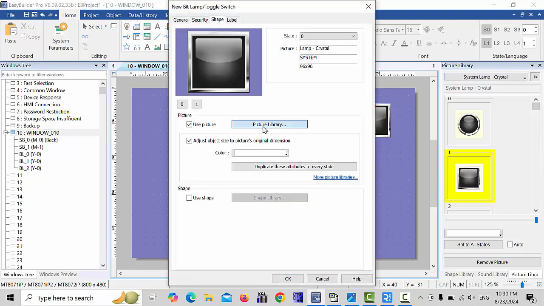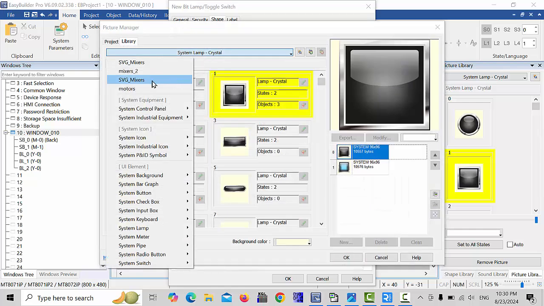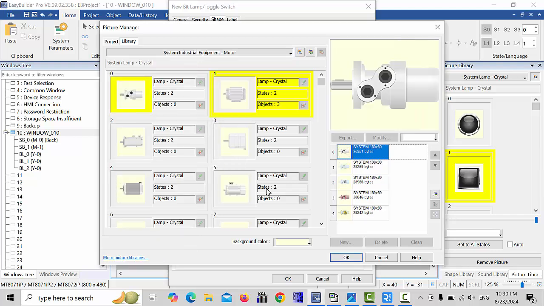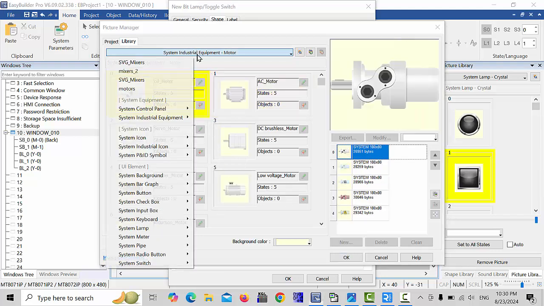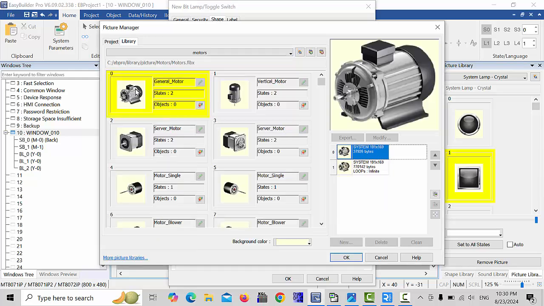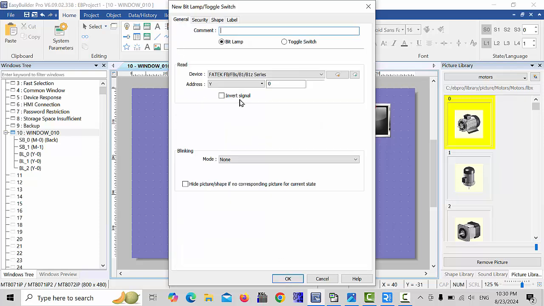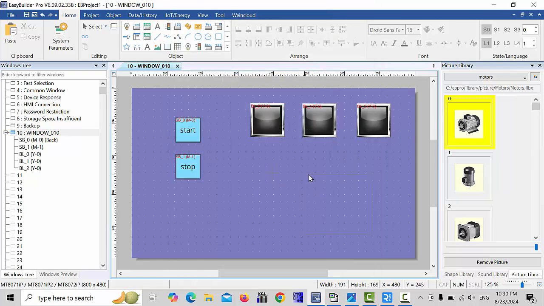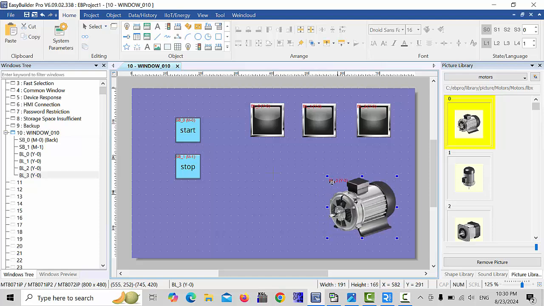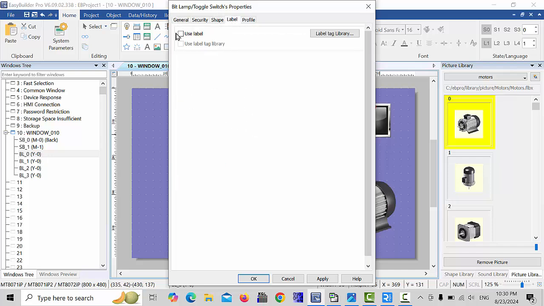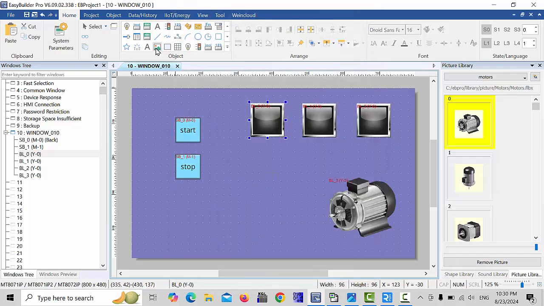Go to the shape picture library and go to the system control panel, system industrial, that motors. Also here also have motors. This motor if you like to choose, click it OK. And in general we can give this y0, it's OK address, and anywhere you can place the motor. And this is also we can give the label, but no need to label, we give the